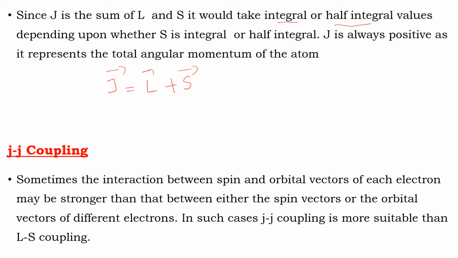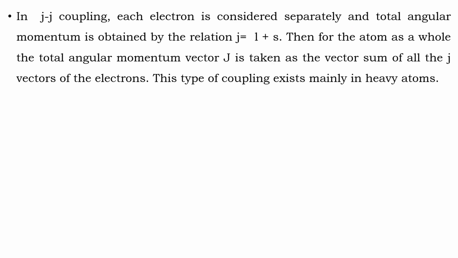Sometimes the interaction between the spin and orbital vectors of each electron may be stronger than that between either the spin vectors or the orbital vectors of different electrons. In such cases, JJ coupling is more suitable than LS coupling. That is, the interaction between the S vector and the L vector of a single electron in an atom is stronger than the interaction between the L vectors of two electrons or between the S vectors of two electrons. Therefore, here the S vector and L vector of an individual electron are combined. Here, in JJ coupling,